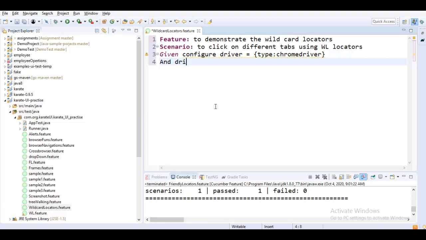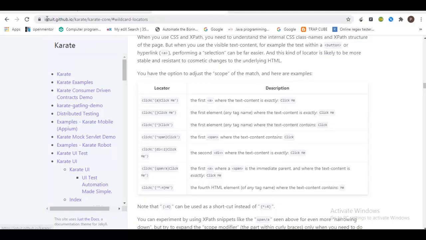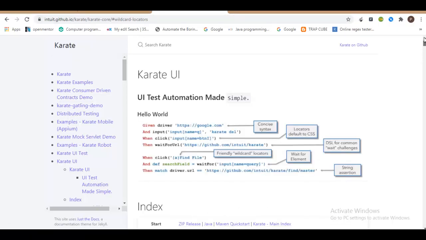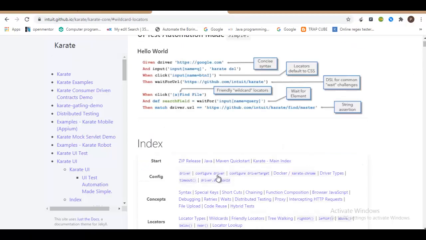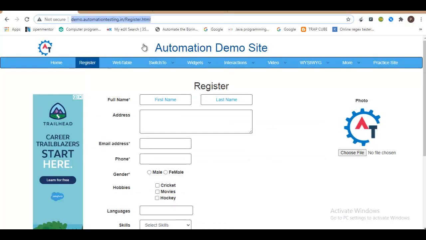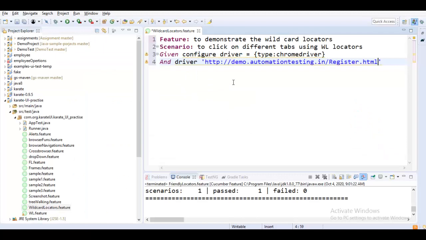driver, let us specify what URL we are giving. So I am going to take this as a sample example. Yeah, this is the site that I would be taking, and let me also add a single quote here, since this is a value.